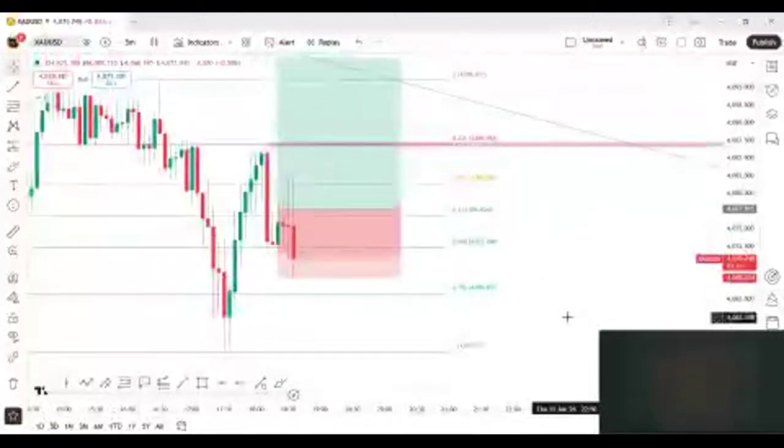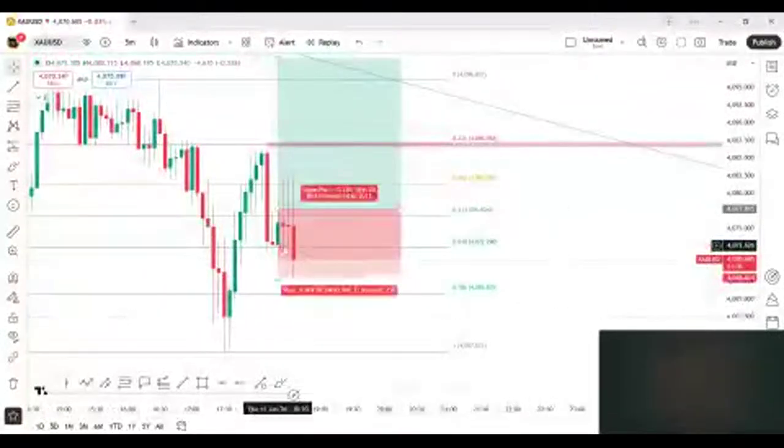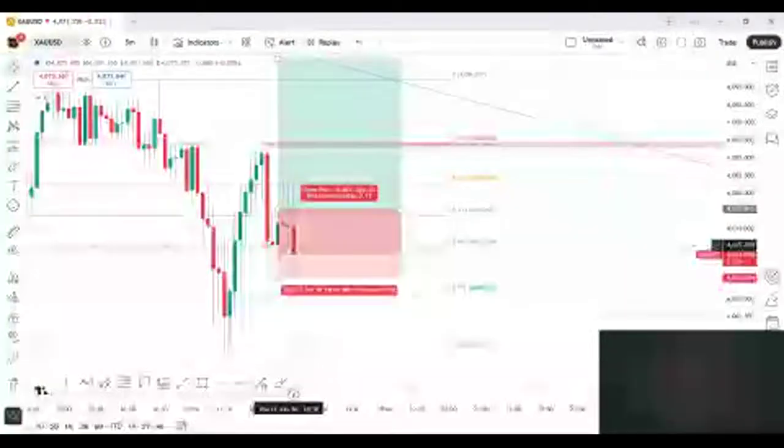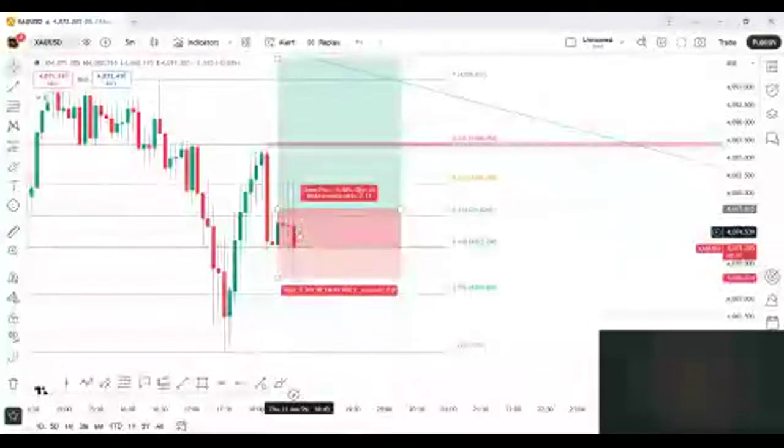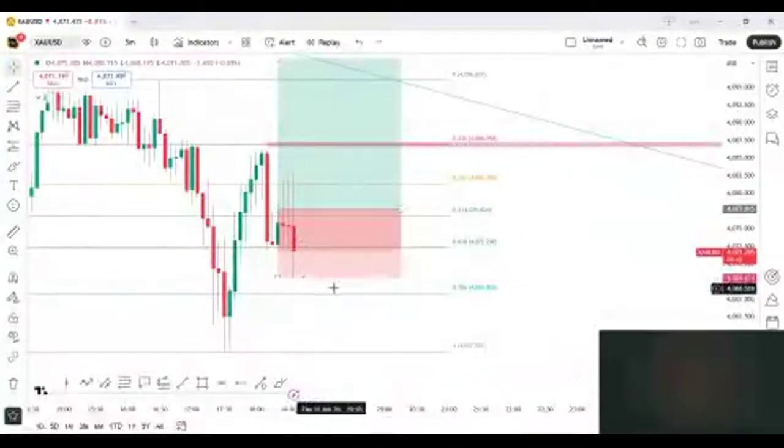Now here we have to understand a few things. First thing is that our liquidity has been swept properly. Also, the importance of this area has been on the sell side. But right now we will wait and see if the market gives us a little bit of momentum. Our SL didn't hit, but if it is hit, I will let you know.